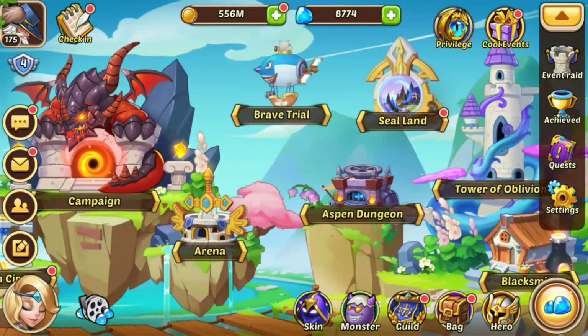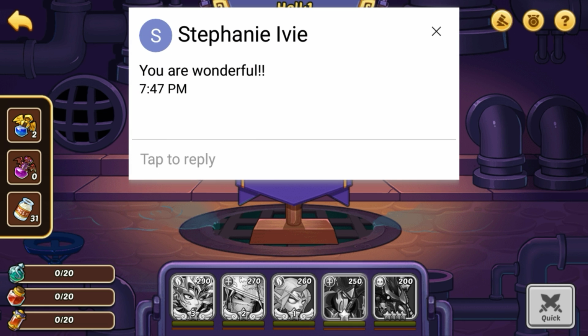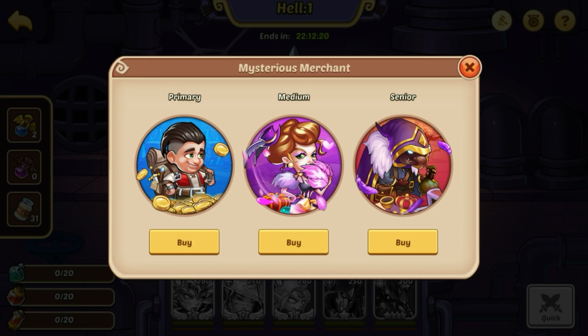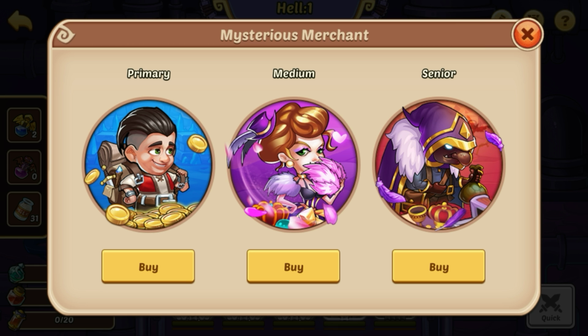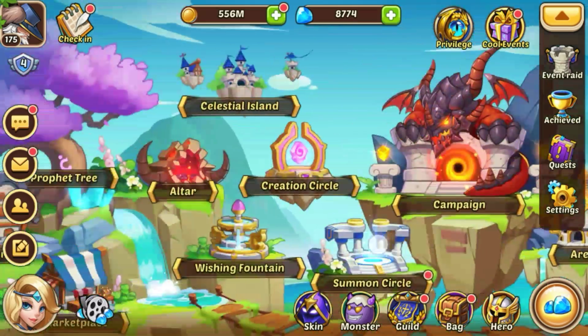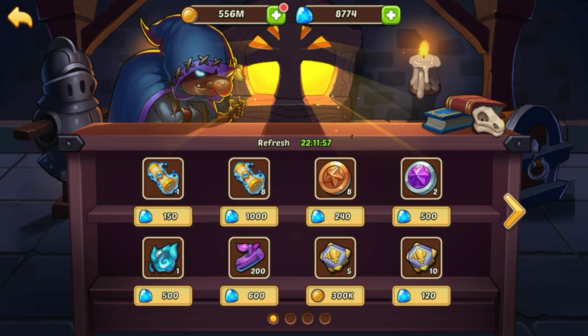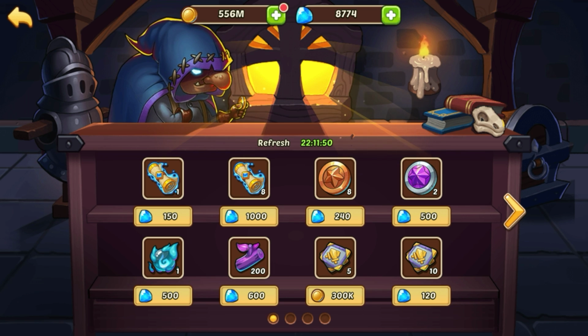Now, at my current level, I get all of my wishing coins pretty much from the Aspen dungeon exclusively. So I generally just pick them up here for gold. And then if I am short, in fact last event I was short just a little bit, I'll just go buy a few here in the marketplace. You can get 8 of them for 240 gems, and